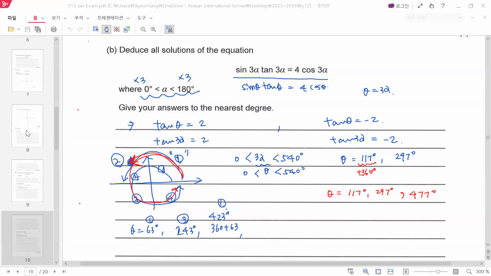Since theta is same as 3 alpha, right? Theta is same as 3 alpha. You can simply change theta to 3 alpha: 63 degrees, 243 degrees and then 423 degrees. From here, 3 alpha equals 117 degrees and 297 degrees and 477 degrees. And then divided by 3,